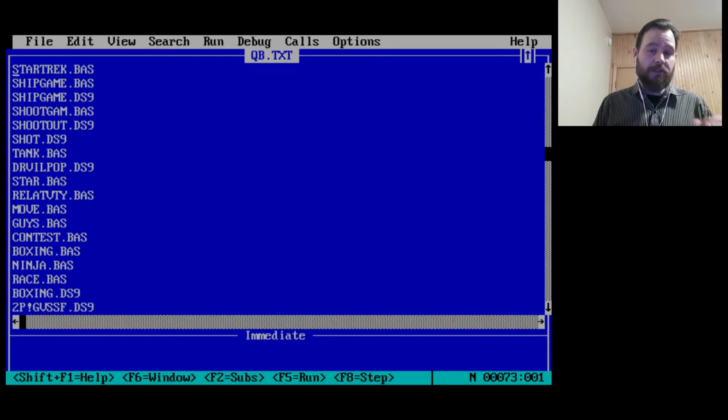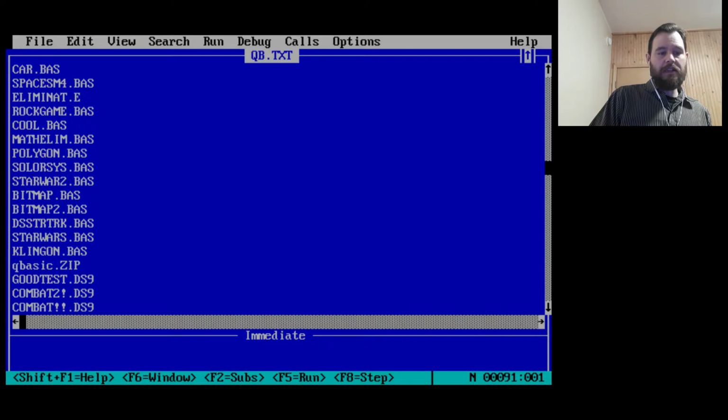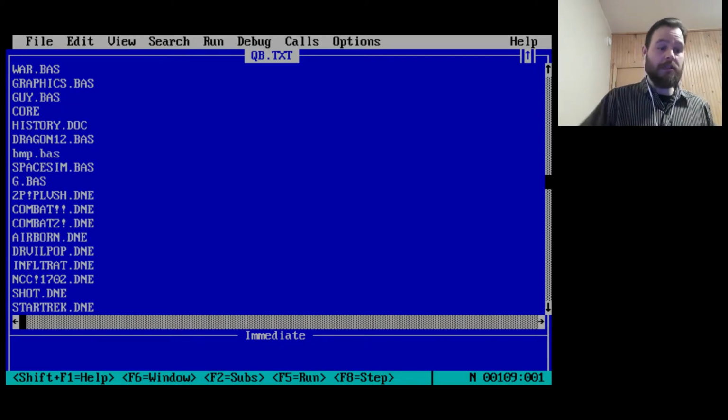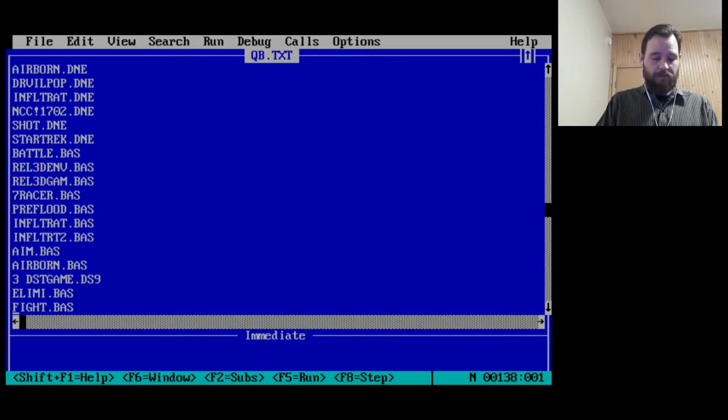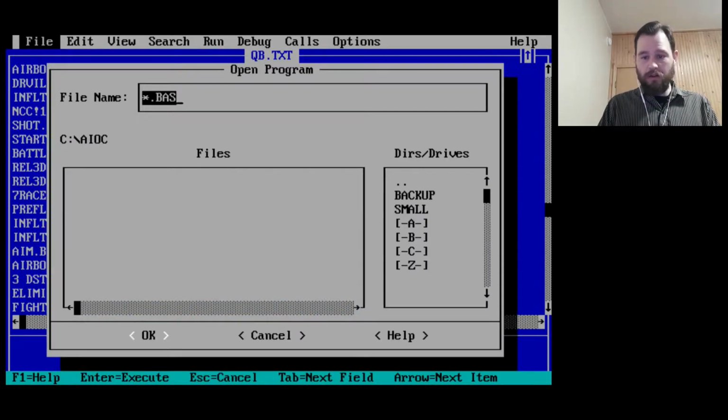And the threshold, the criteria for a small program that I've decided on is anything less than 2 kilobytes. So everything else in this file is more than 2 kilobytes. And I think that's going to be helpful for us moving forward.